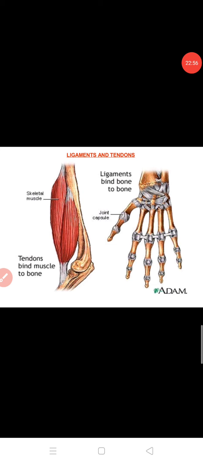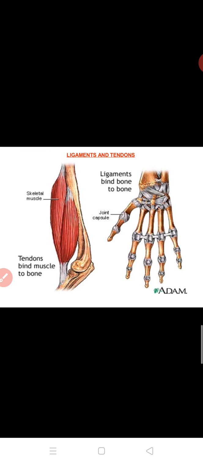So the next type of connective tissue is bone. Bone forms a framework that supports the body. It also anchors the muscles and supports the main organs of the body. It is a strong and non-flexible tissue. So what would be the advantage of these properties of bone? You should have knowledge about this. Bone cells are embedded in a hard matrix that is composed of calcium and phosphorus compounds.